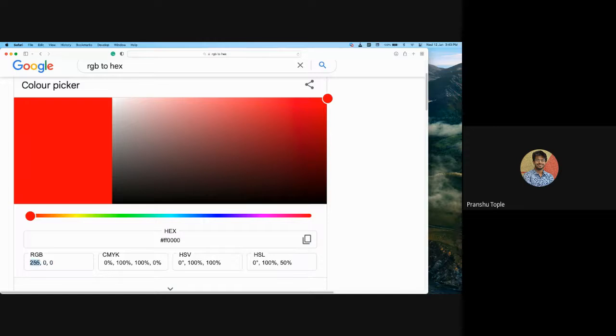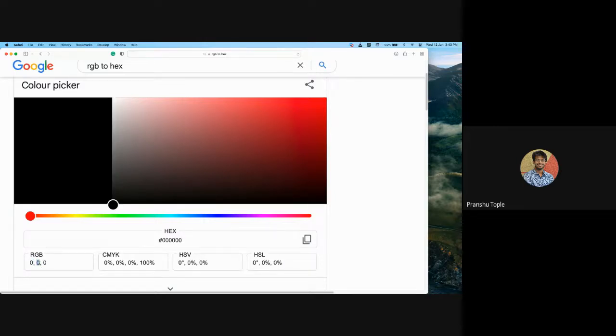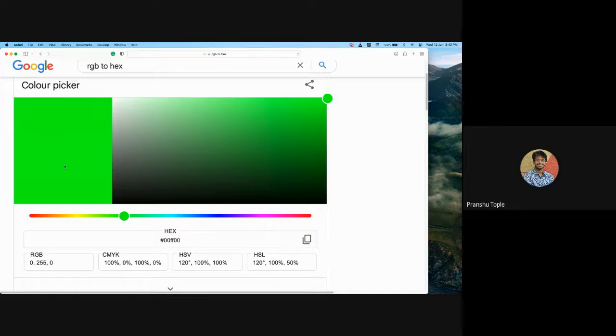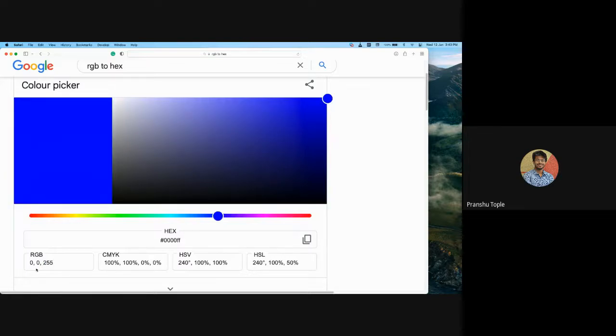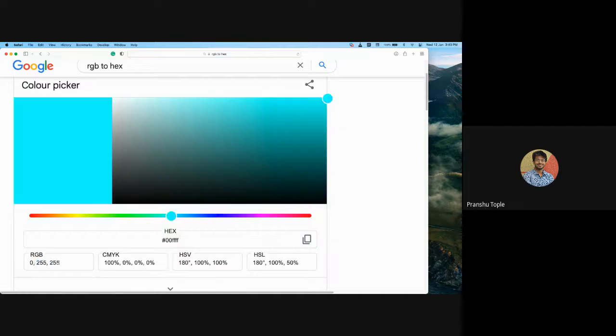If there is no red and just green, this will be the color. If there is no red and green, only blue, this will be the color. If there is no red, only complete green and complete blue, this will be the color.